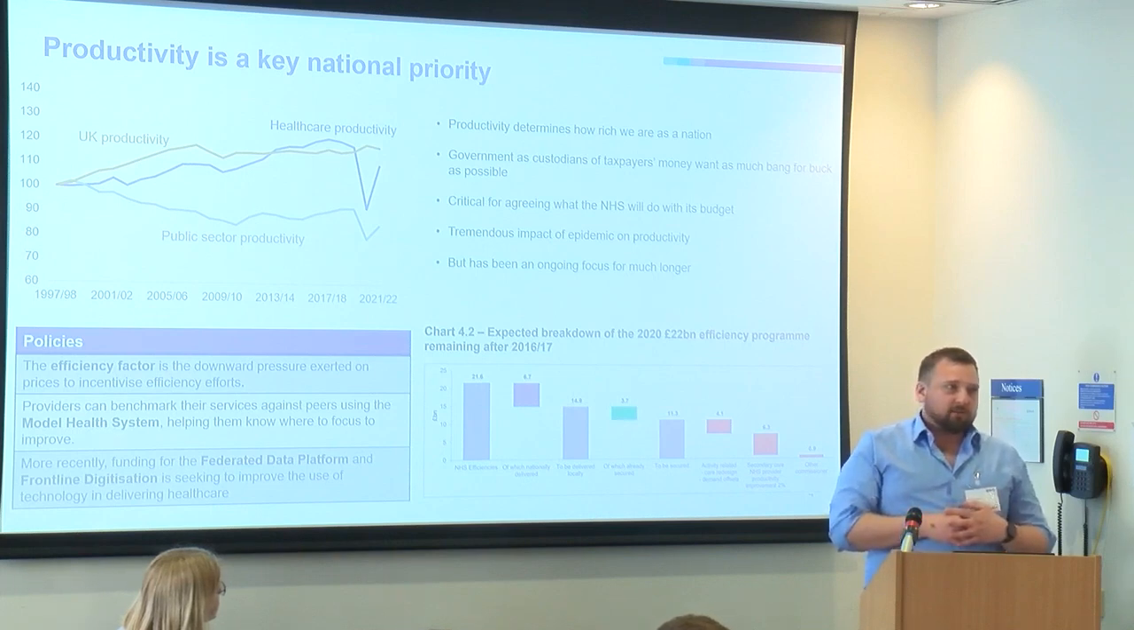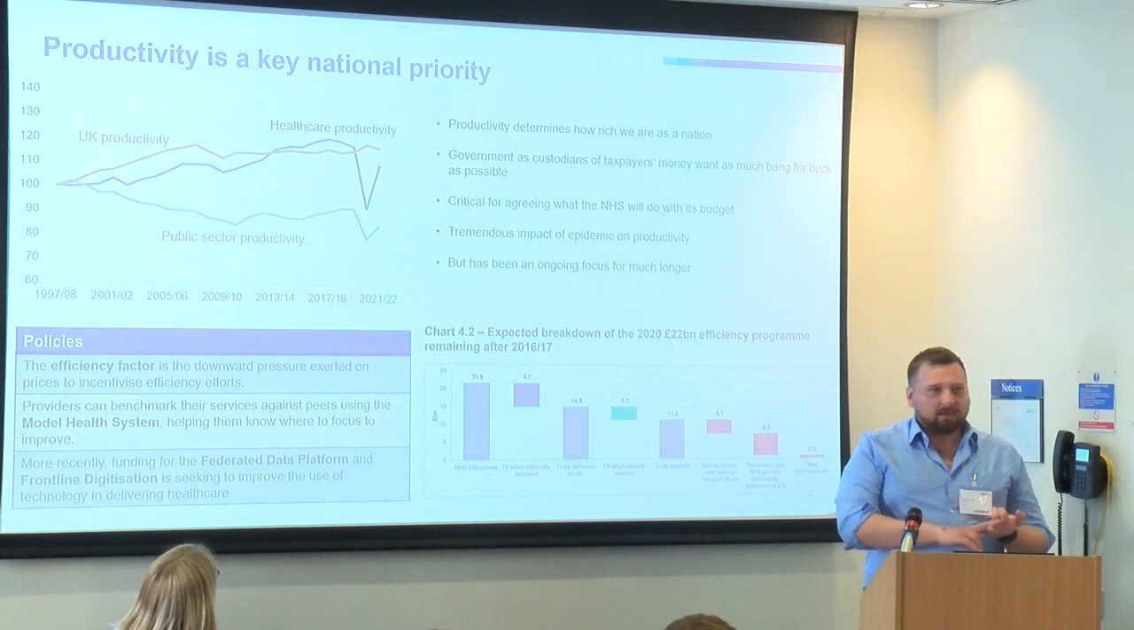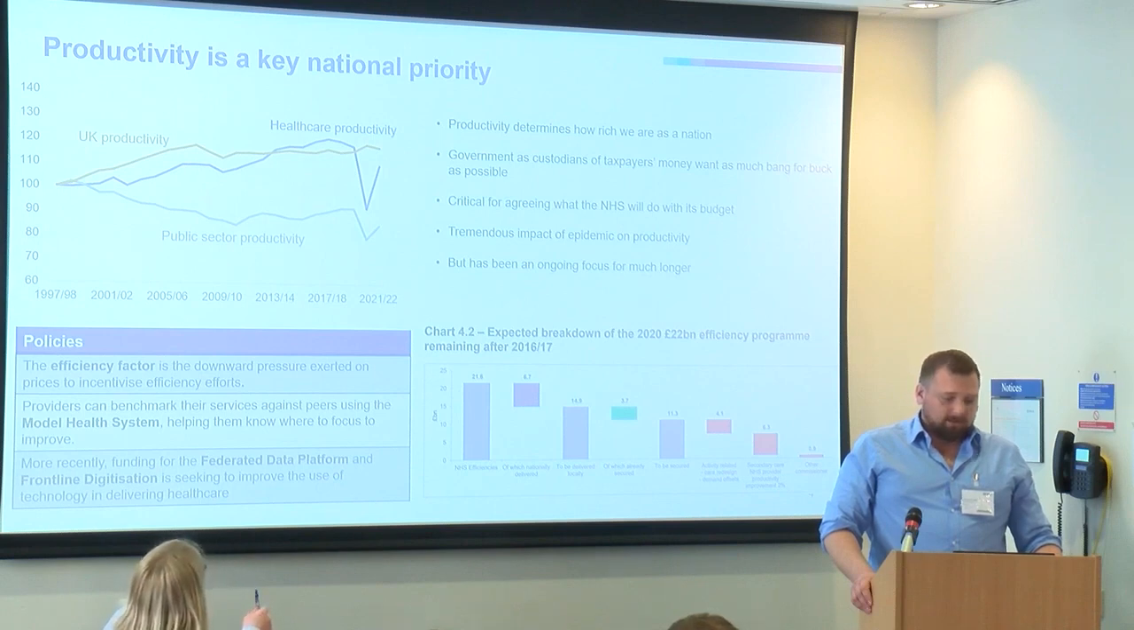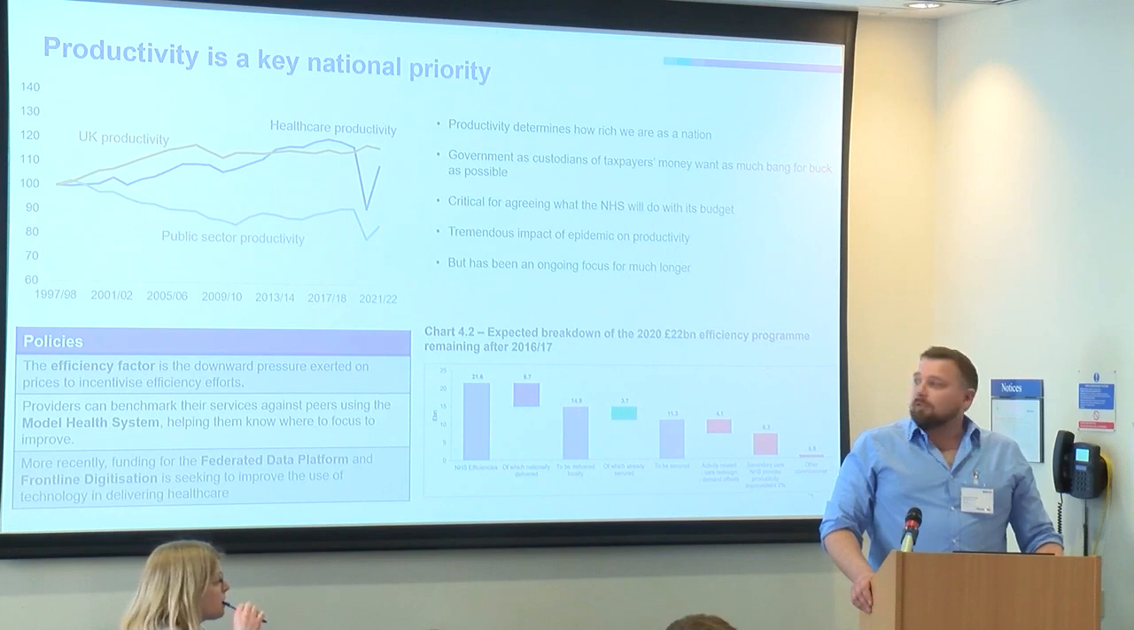At the top left, you can see indexes of productivity for the country, for basically the NHS, as healthcare is dominated by the NHS, and for the public sector. Since the early 2000s, the NHS has done pretty well in productivity terms. It's generally done better than the whole economy. It's certainly done better than the public sector, but things come crashing down in 2020 as COVID means that we